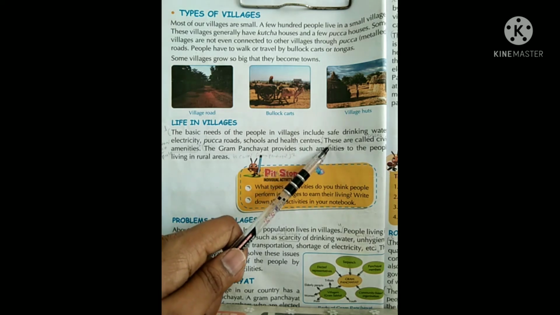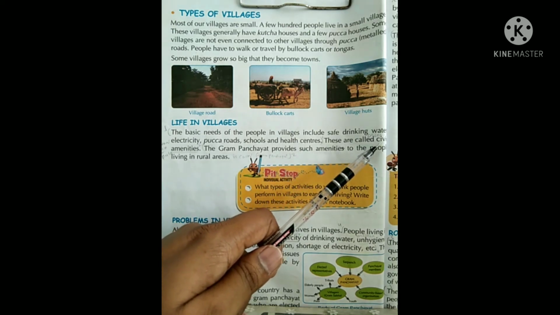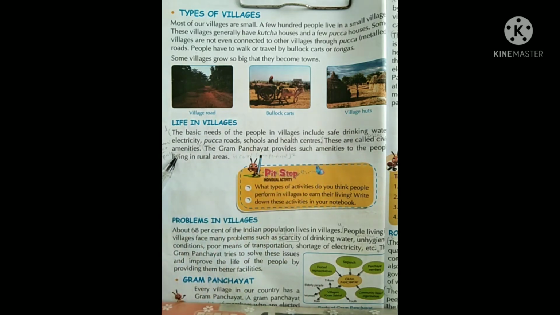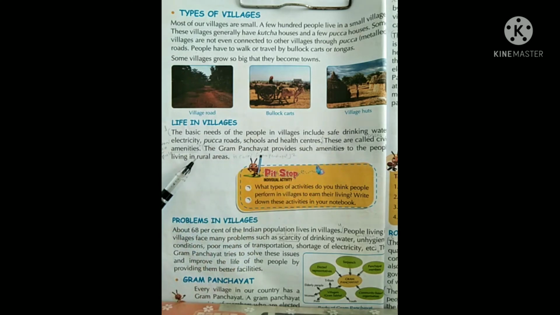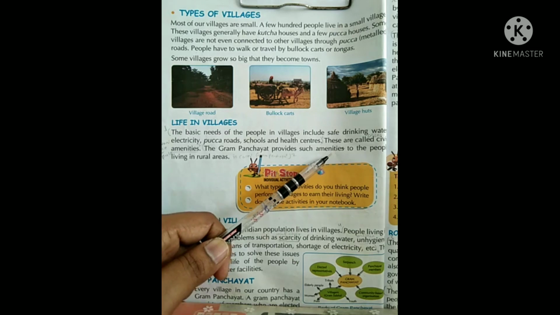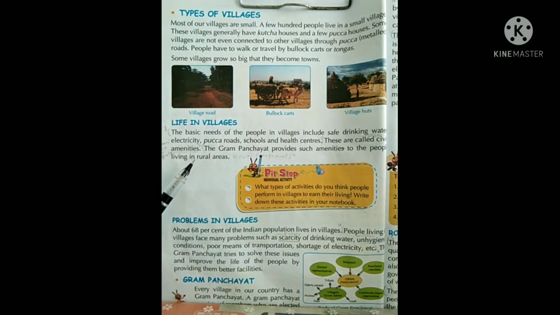Then we can live in that village. So these are called civic amenities. Civic amenities means the citizens' conveniences or comforts, all facilities. We should provide all facilities to the village people. So the Gram Panchayat provides such amenities to the people living in rural areas, those who are living in villages. They give some amenities, some comforts to the people living in rural areas, isn't it? So this is the life in the